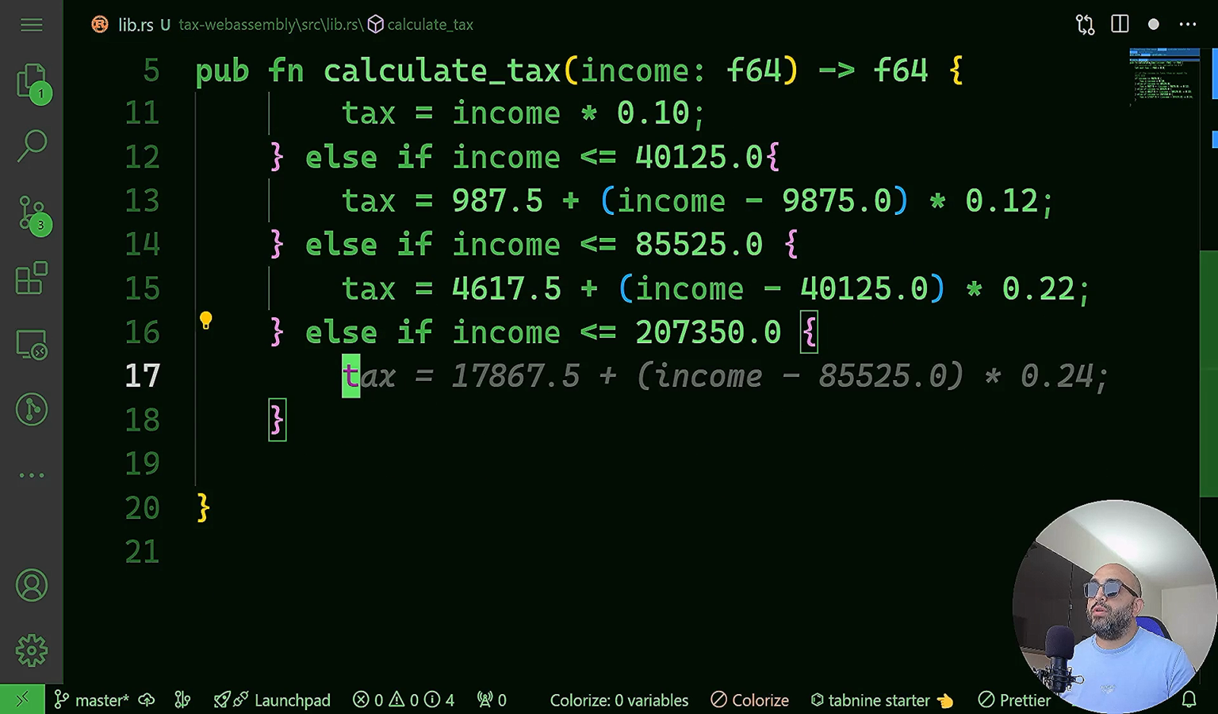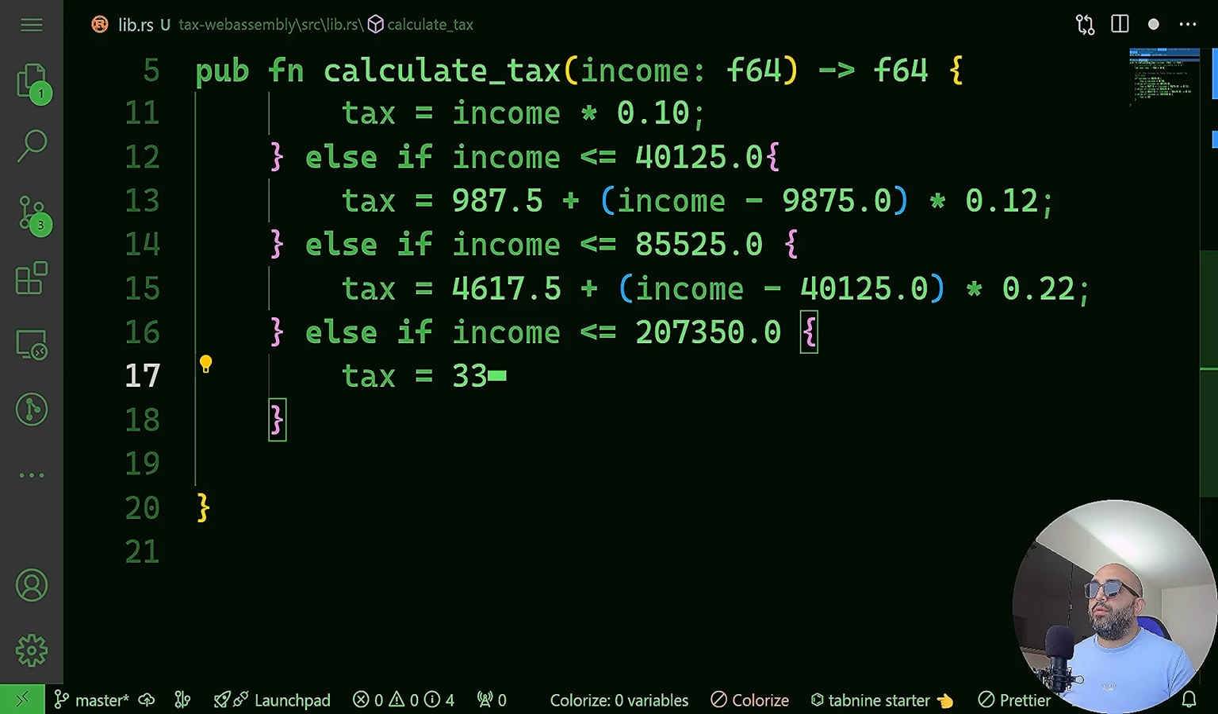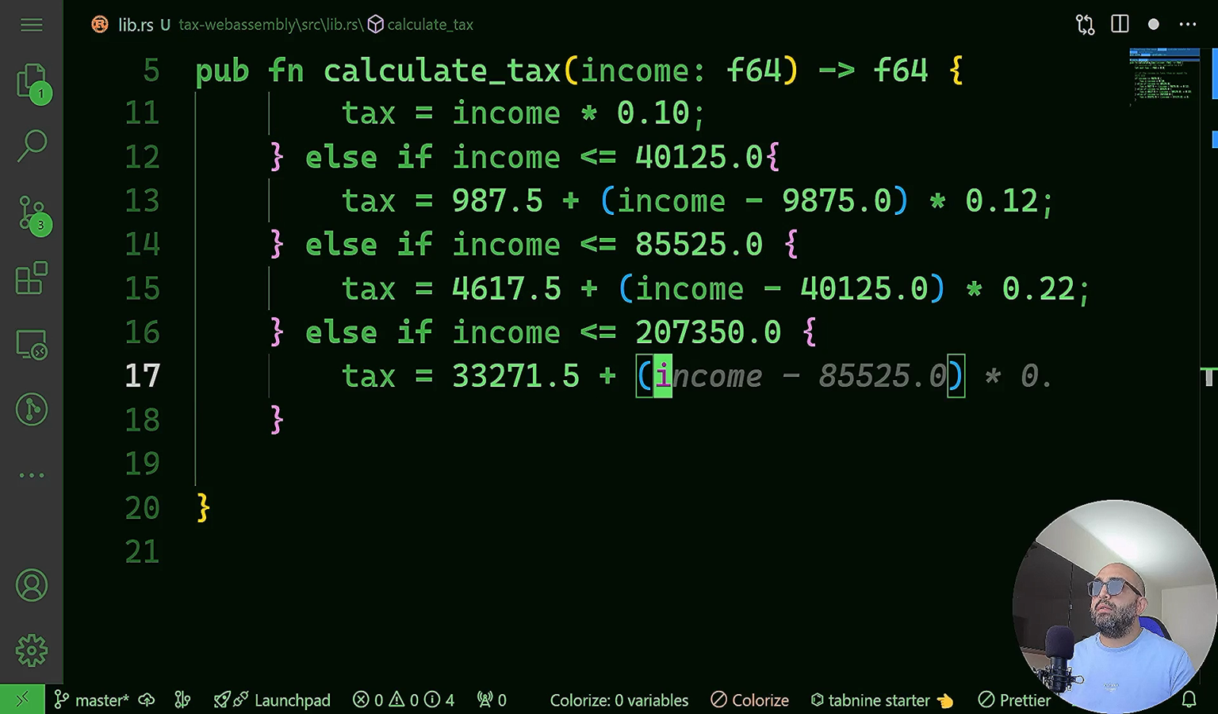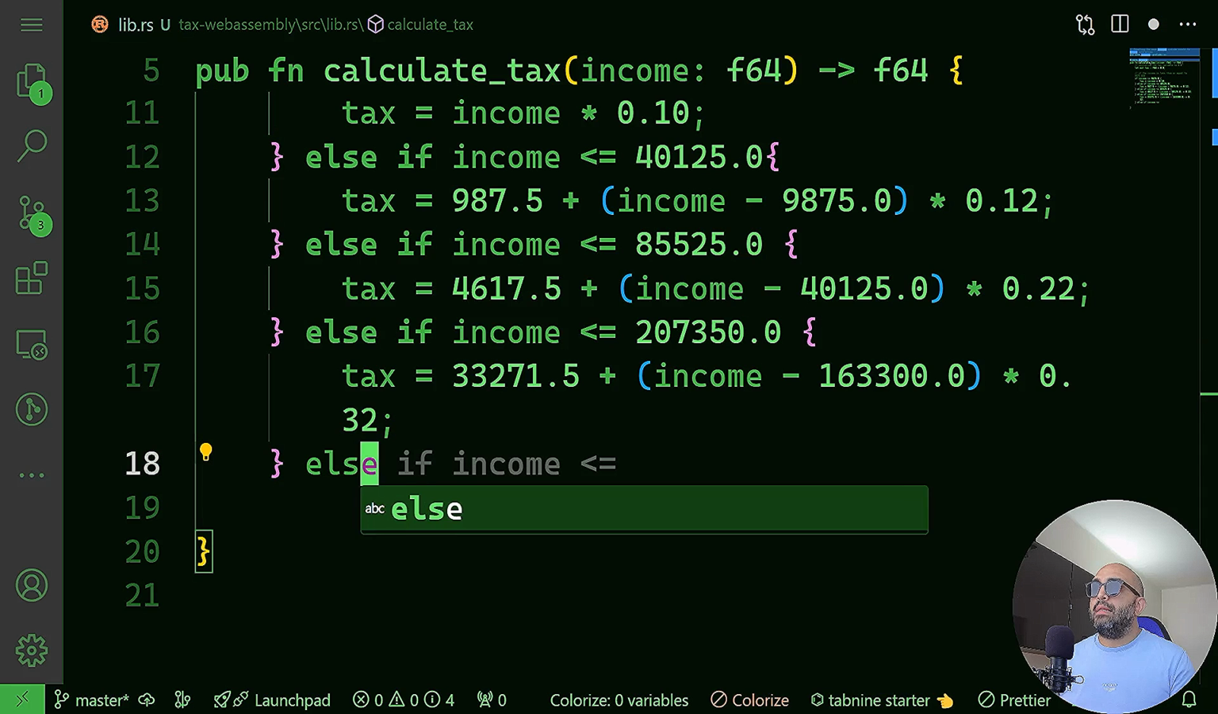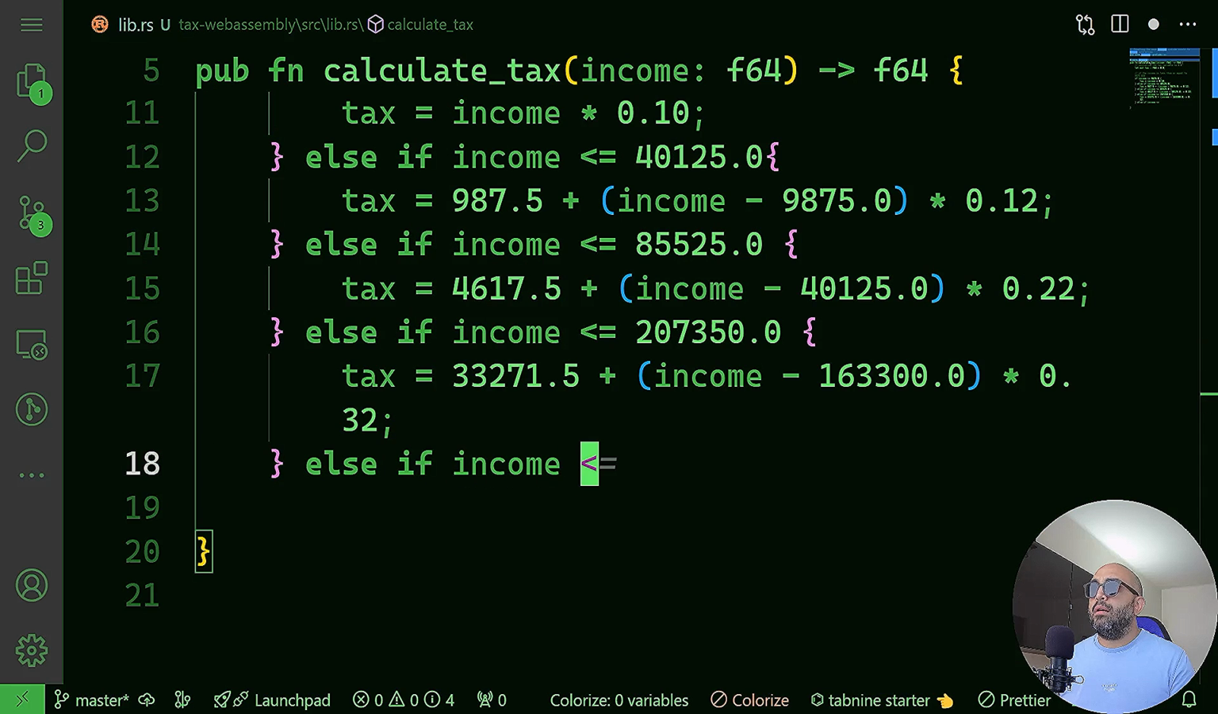That's a high tax rate, by the way. So the tax here is going to be 33,271.50 plus income minus 163,300.0 multiplied by 0.32. Else if the income is less than or equal to